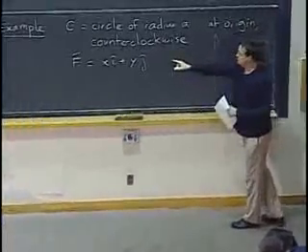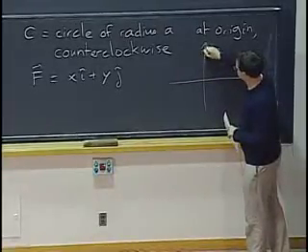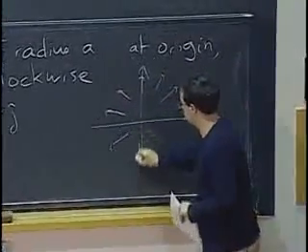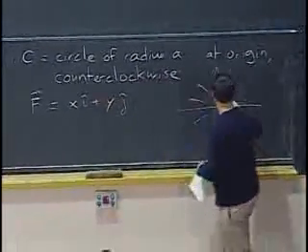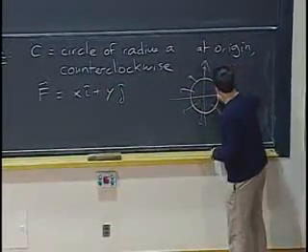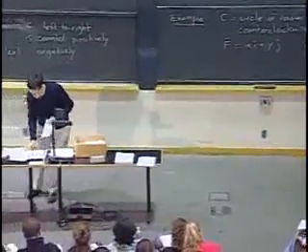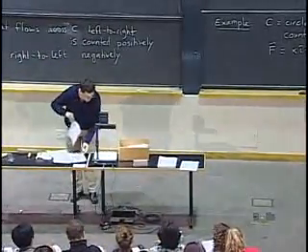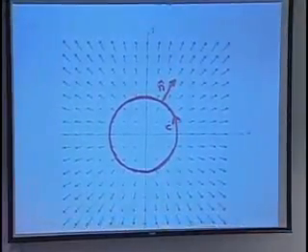So remember, xi plus yj is a vector field that's pointing radially away from the origin. Right? Because at every point, it's equal to the vector from the origin to that point. So now, if we have a circle, and let's say we're going counterclockwise. So actually, I have a nicer picture, so let me do it here. Okay, so that's my curve and my vector field.